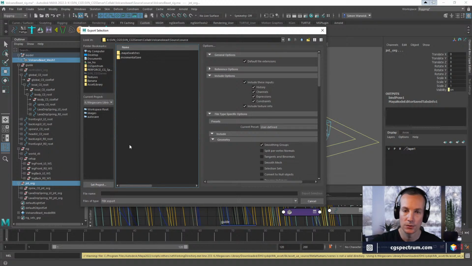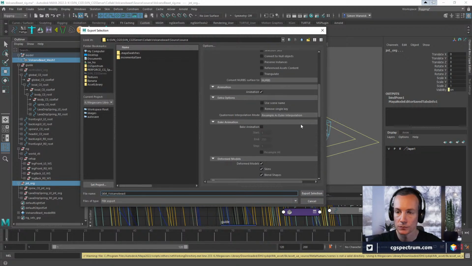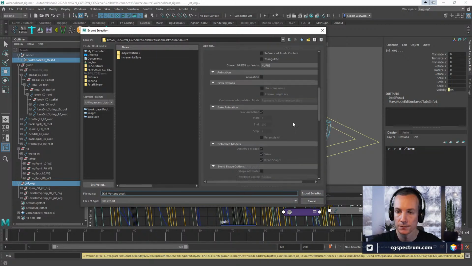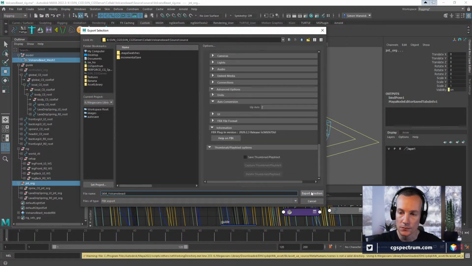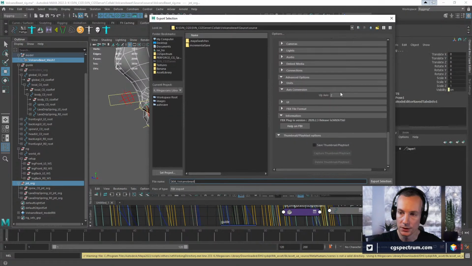I don't know why we have source. Skeletal mesh, volcano beast, smoothing groups, animation off. Oops, wrong checkbox. Z up, we should just do Y up.